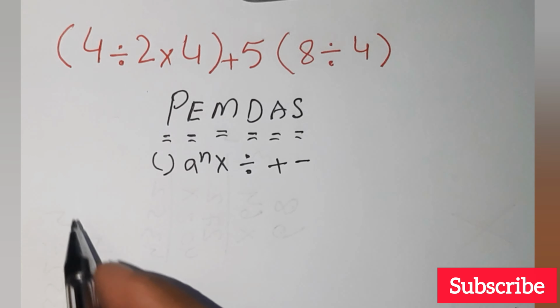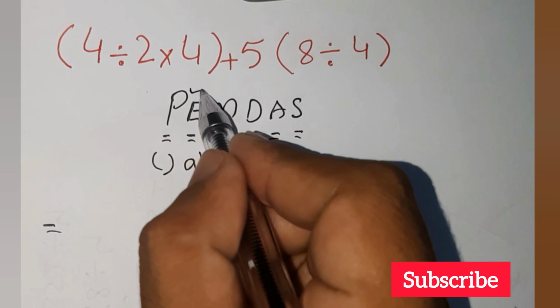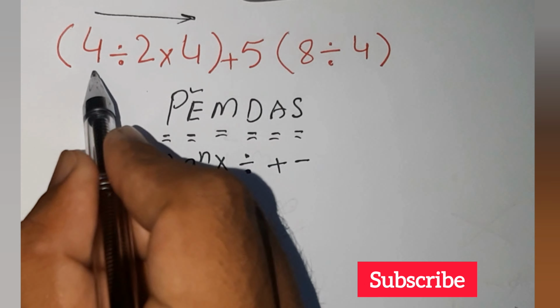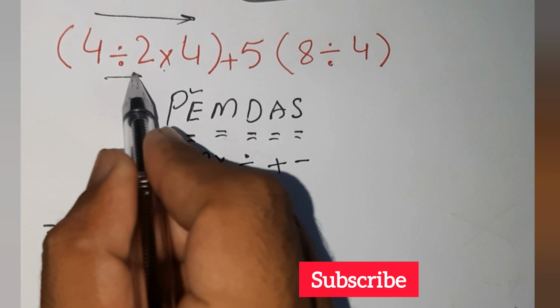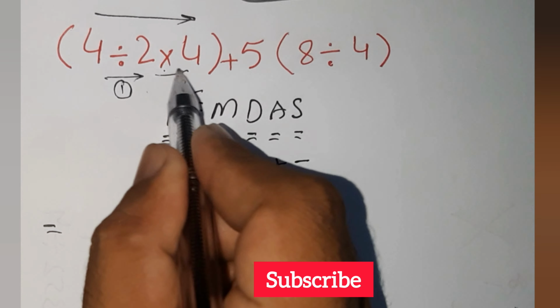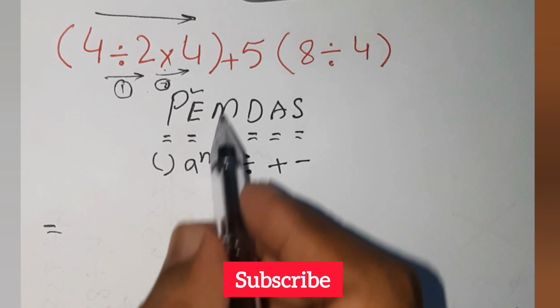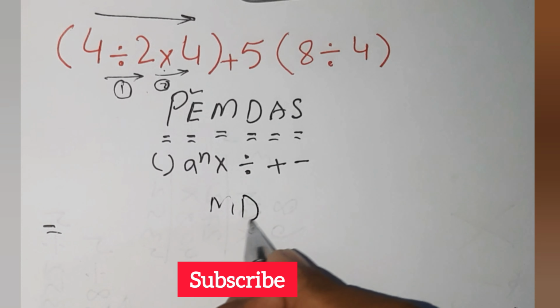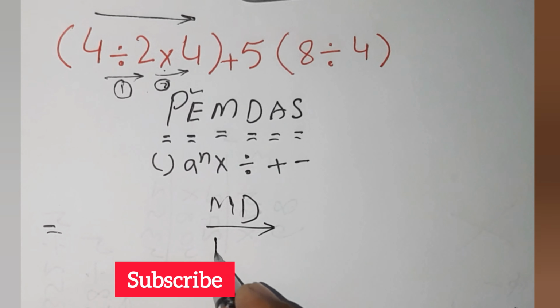All right? According to the order of operations, multiplication and division have equal priority, and we have to work from left to right. So here, first, we have to do this division, then this multiplication. If we do this multiplication before this division, it is wrong. So first we have to do this division,